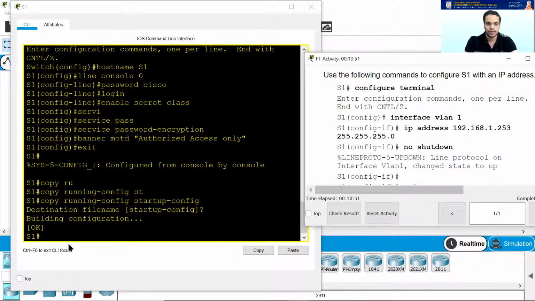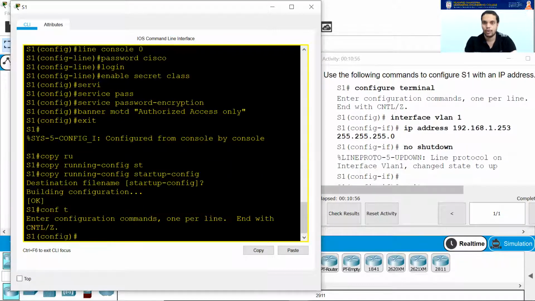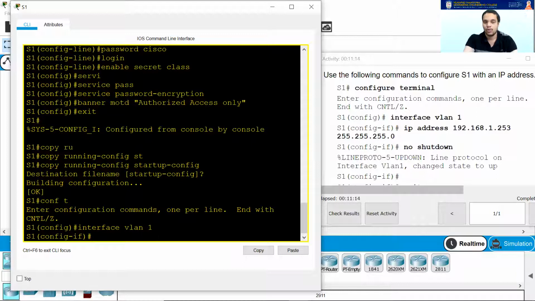Once again, to do anything, you have to enter the configure terminal part, the global configuration mode, and in global configuration mode, you have to type interface VLAN space 1. This interface VLAN 1 command tells you that you are now entering the default SVI for any switch, VLAN 1. Just press enter. Now, automatically you have entered the interface subcommand mode. In this mode, you now have to assign the IP address.